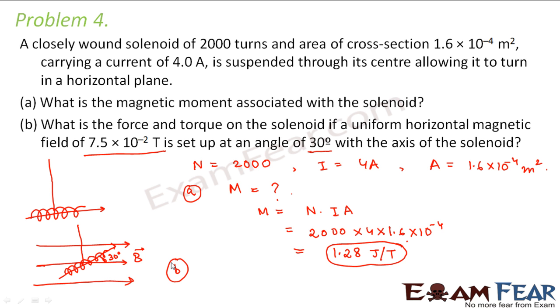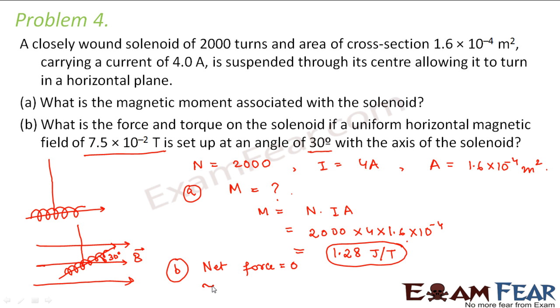Let us now try to solve the second part. The net force acting on the solenoid would be equal and opposite because it is acting along the same lines, and also since the solenoid is fixed at the center, there is a torque which will act on the solenoid. When something is fixed at the center, from that center of mass you have an axis of rotation. So when equal and opposite forces act along two different lines, a torque comes into play and the object tends to rotate, right? So in this case, the net force would be equal to 0.